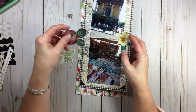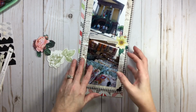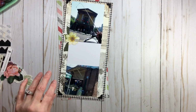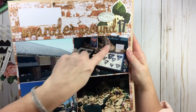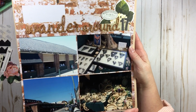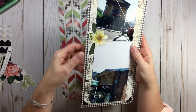So don't be afraid to cut up something from one flower to use for another flower, okay? And same with the back. These leaves here, this was cut off from the right-hand page. See this big hunk and die cut right here? I didn't need all that. The bottom half of that was going to get lost, and so I thought, well, I'll cut it off. You use it. And so then I did that to make sure that those color leaves would tie in, and